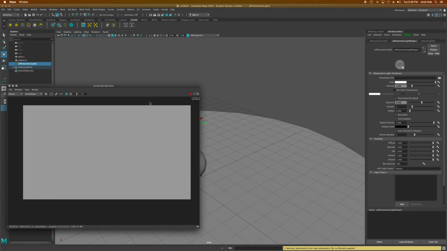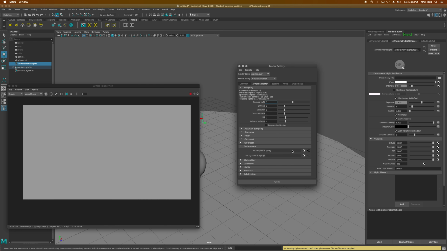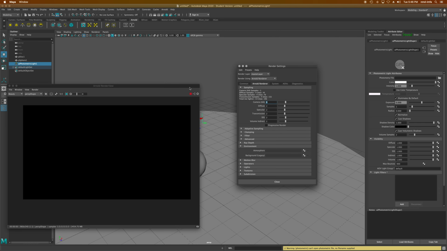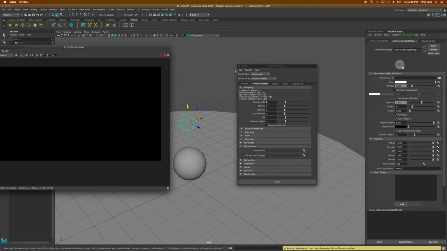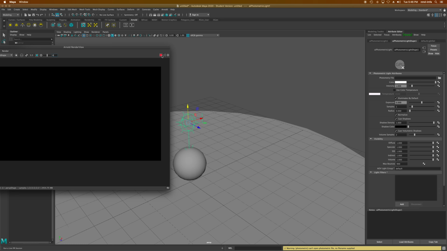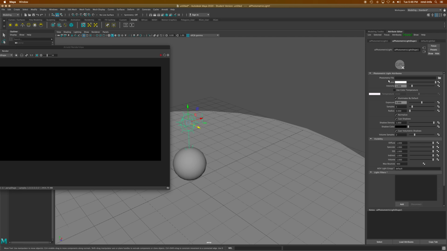There's really not much to see here. Ooh, you know what? I might actually have, let me get rid of something that I had before. Delete that, there we go. So I don't have anything loaded right now, so obviously I have a completely dark scene because of that. So I'm going to stop, and I'm going to get my photometric light, and you'll see the first line of the photometric light attributes is where is your